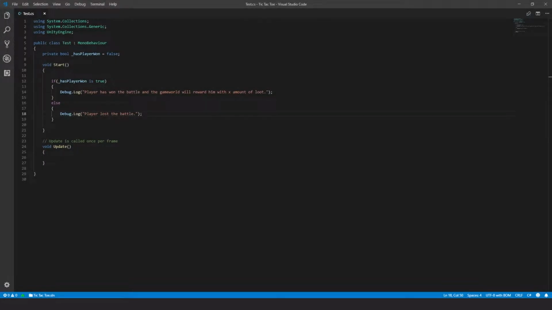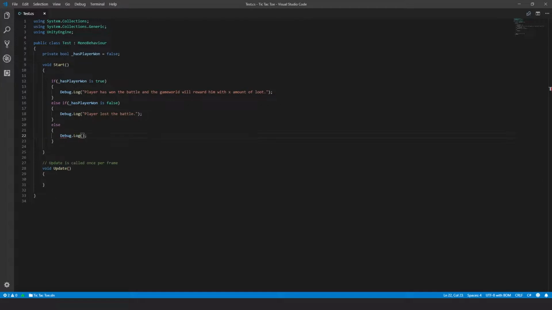Going back to the code, now let's say you don't want to print the Debug.Log inside the else block every single time that the condition for the if statement was not met, and only want to print it if the player has actually lost the battle, which is how it should be. This is where the third variant, that is the if-else-if-else block, comes into play. If we take the existing code and turn else into else if like this by adding a condition, and then after the closing curly braces of else if, create an else block like this